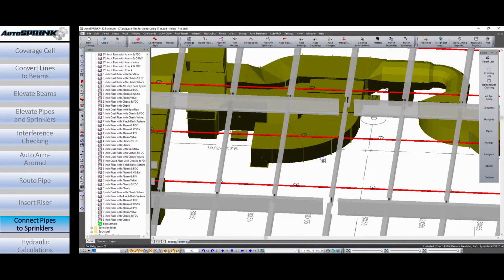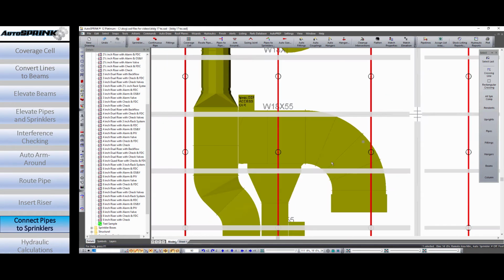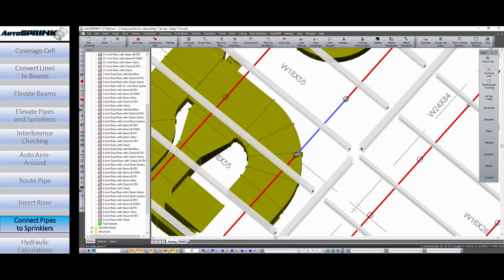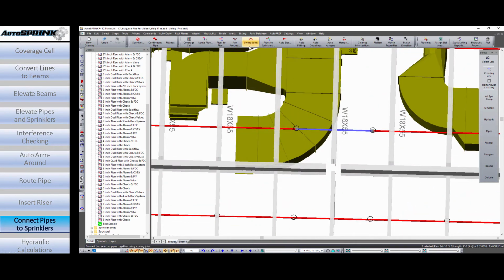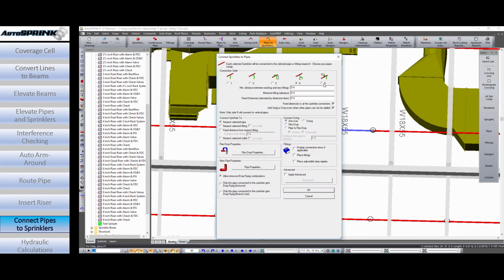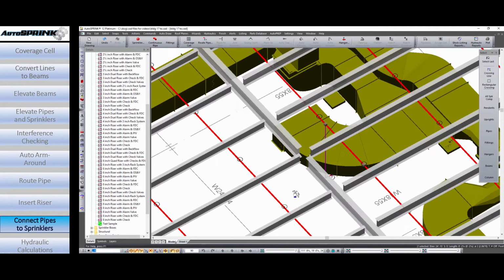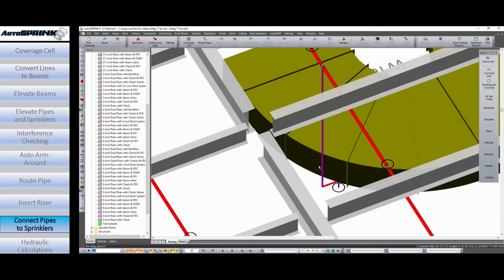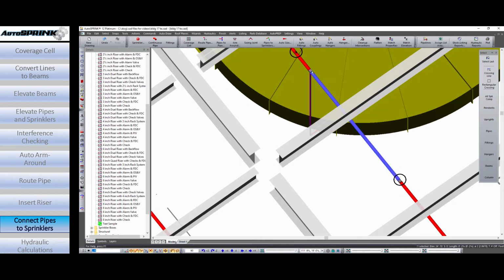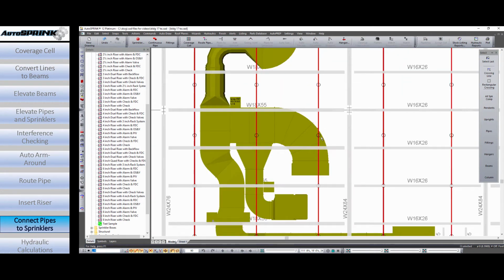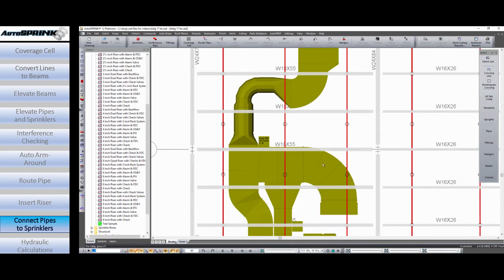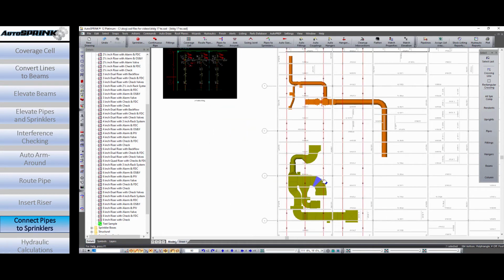And now I can use our connect pipes to sprinklers command to automatically drop down and arm over to that sprinkler head underneath an obstruction. So you can see how it automatically drops down and cuts over and picks up that head. Okay, so now I'm ready to do some hydraulics. I'll turn this duct layer off real quick, flip back over to my layers tab,